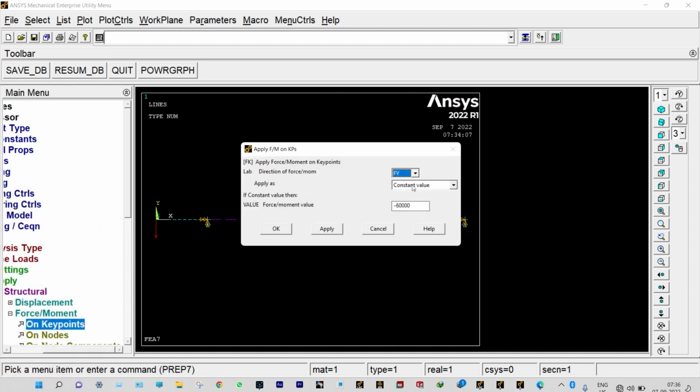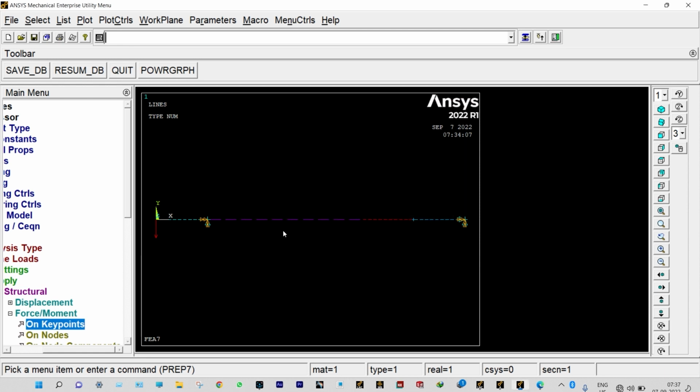Okay, it will be moment along z, that is mz, and as moment is applied in a clockwise direction, it will be minus 120 kilonewton meter moment applied at this location, and the direction is actually negative as it is applied along clockwise direction, right? Okay, moment is applied. Now the last one, we need to apply uniformly distributed load of 40 kilonewton per meter